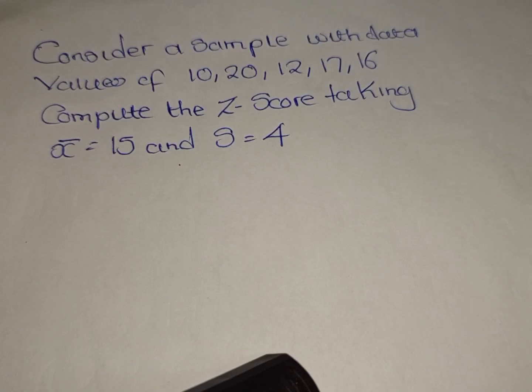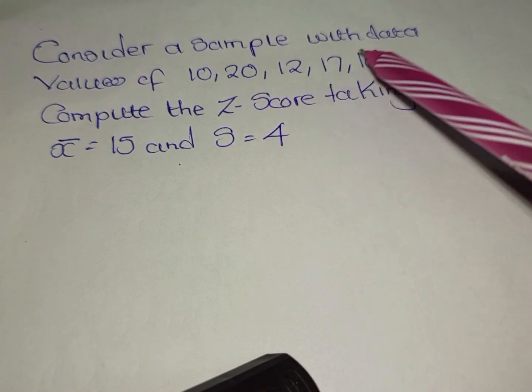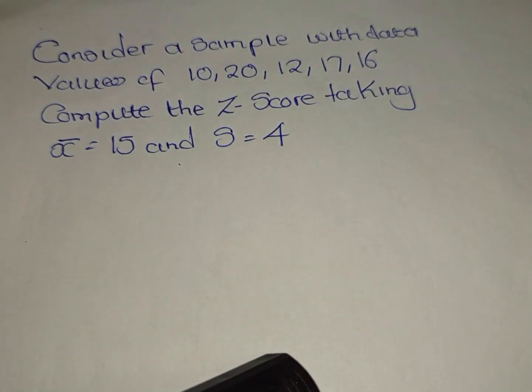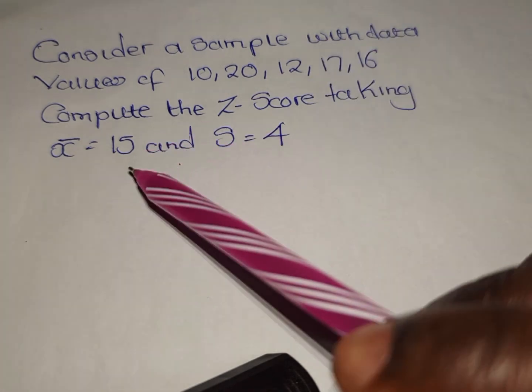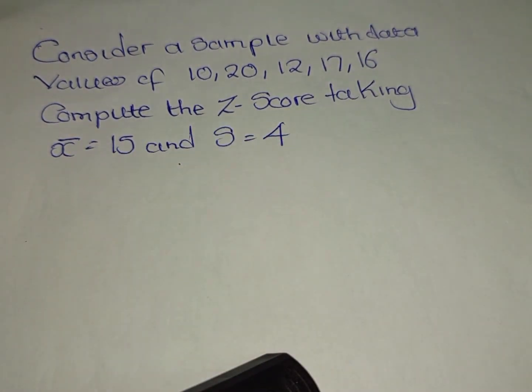So today we have one interesting question which reads: consider a sample with data values of 10, 20, 12, 17 and 16. Compute the z-score, taking, remember, x bar is the same as the mean and s is simply the standard deviation. So we need to understand that the z-score is a standardized value that can be used